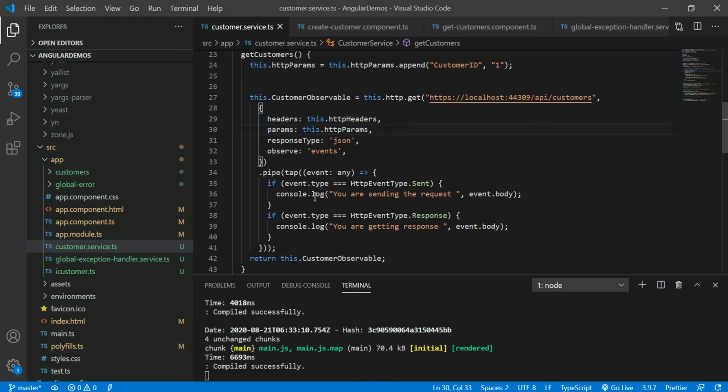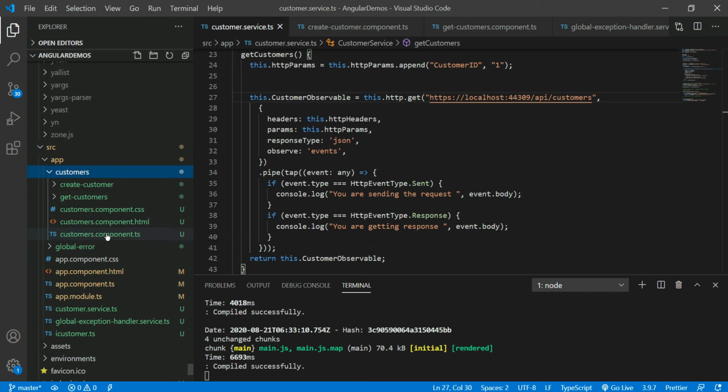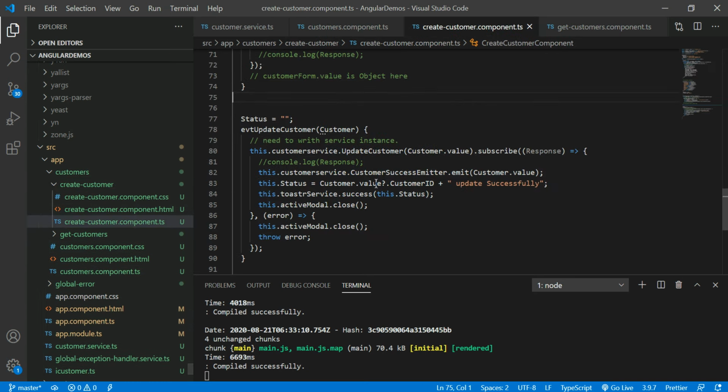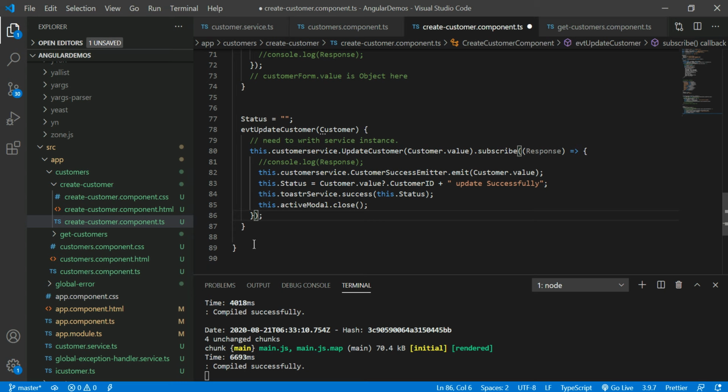Moreover, see here, when I am getting an error, right now I am writing the error syntax under the subscribe method. I am writing the error message here, so I am handling the error by using the subscribe method. What about in case I have 40 requests? In the 40 requests I may sometimes get different errors for different APIs. I want to handle those errors globally. I don't want to write this error handling for each and every subscribe method. I want to write it in only one place.